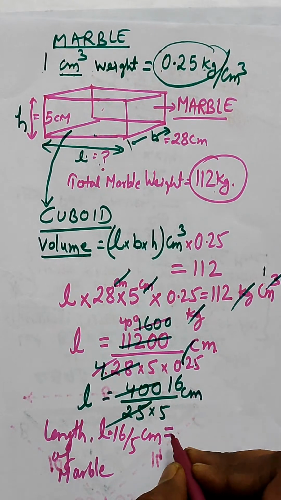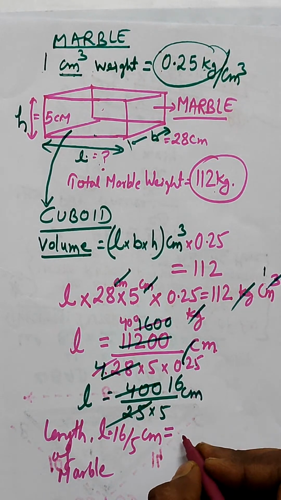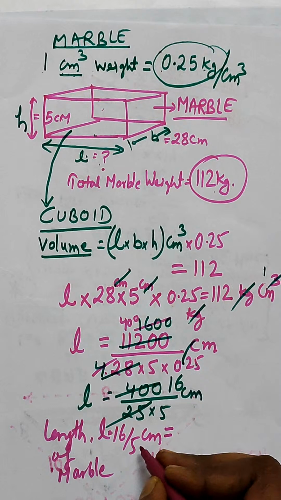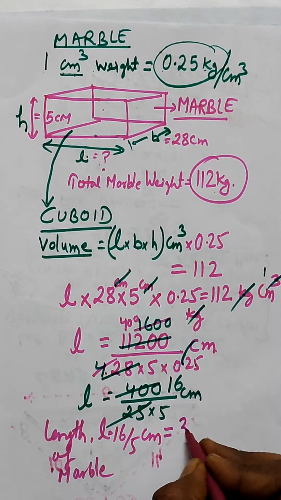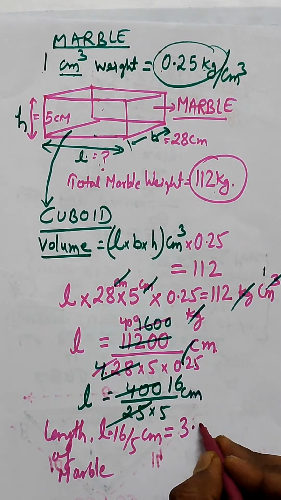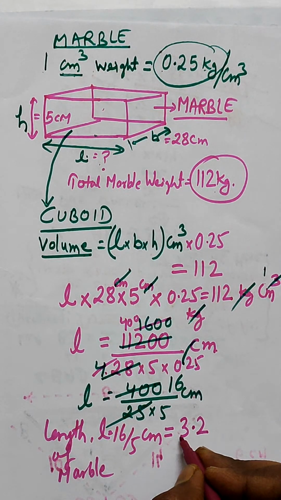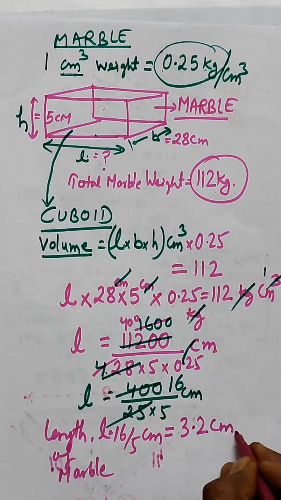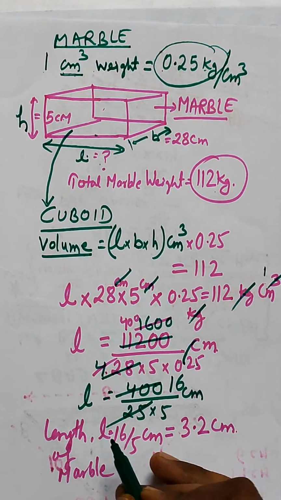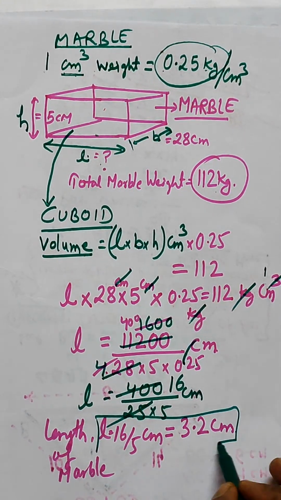Students, I have already uploaded sums of these types of questions which I have explained today. You can refer to that. 5 times 3 is 15, so 16 by 5 is 3 decimal 2. So 3.2 centimeter is the length of the marble